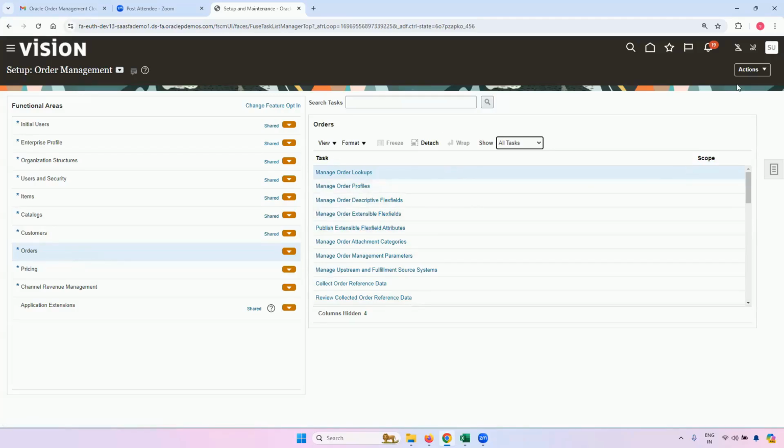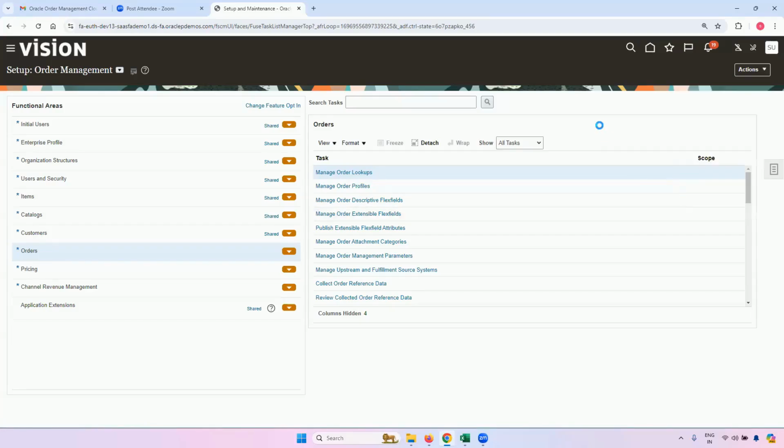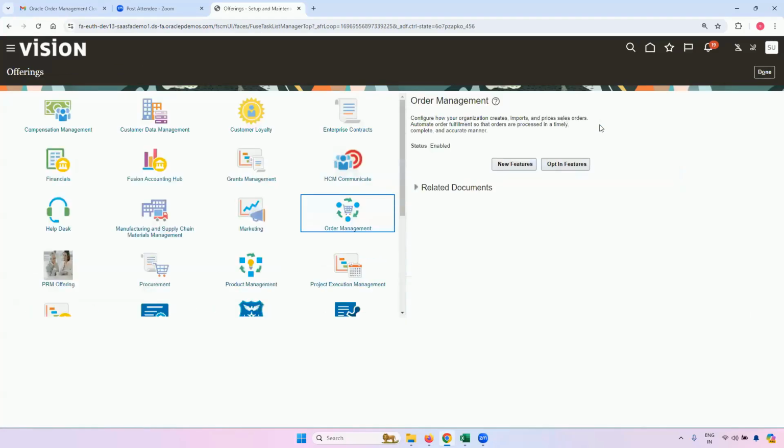Then, if you need to opt in for any new feature or enable any offering, you have to go to the button known as Actions, and go to the option Go to Offerings. Click on that. When you go to Offerings, you again get all the module names. Under each module or offering, there are opt-in features.